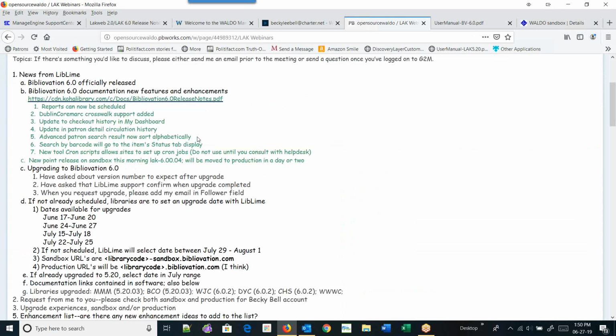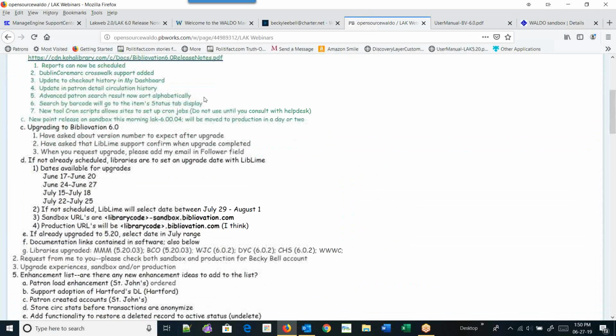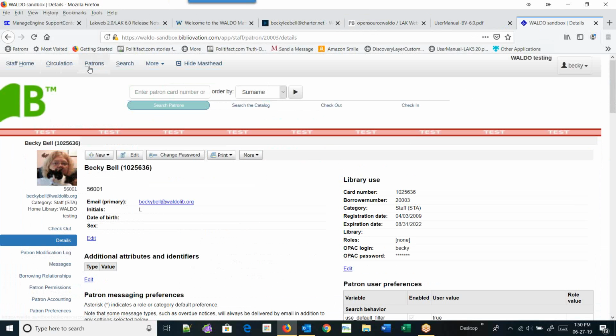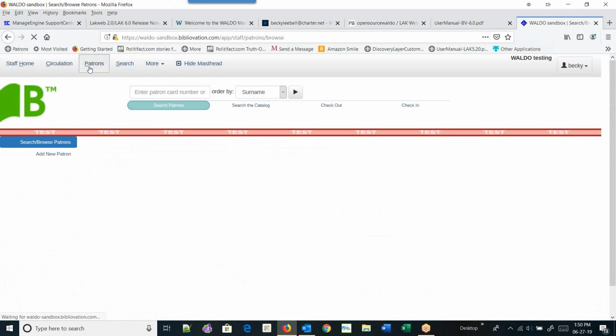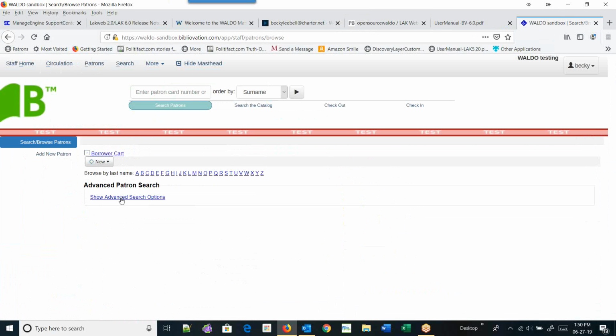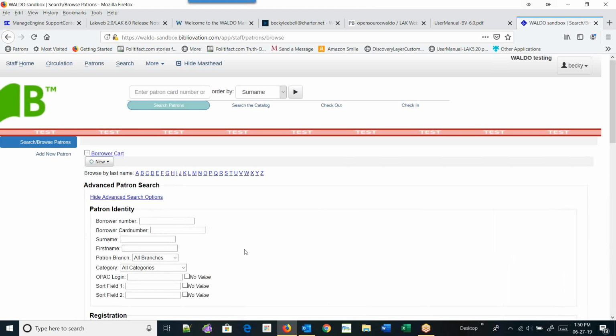If you do searches of your patron records, this is one that was in the release notes as an enhancement, and I guess I haven't done that particular search all that often, but if I go back to my patrons page and do an advanced search,